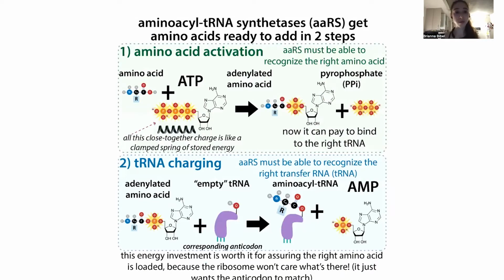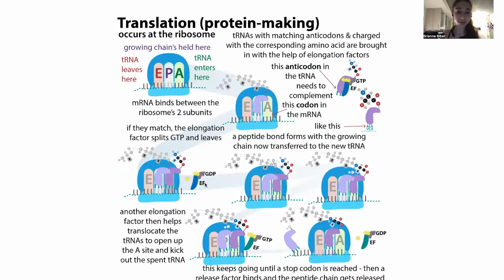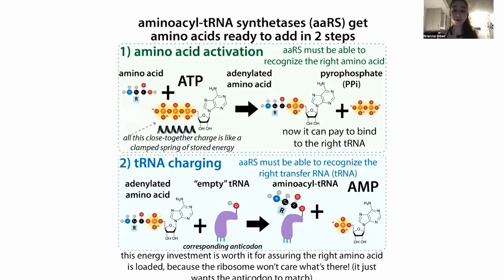So here's an example, amino acid activation. This is part of translation, when we're making proteins by linking together amino acids with the help of the ribosome. In order to bring those amino acids, you bring them with these tRNAs, and you have to add the amino acid onto the cognate tRNA, basically the tRNA that has the anticodon that corresponds to the codon. So I'm not going to go into all that here. If that made sense, great. If not, check out